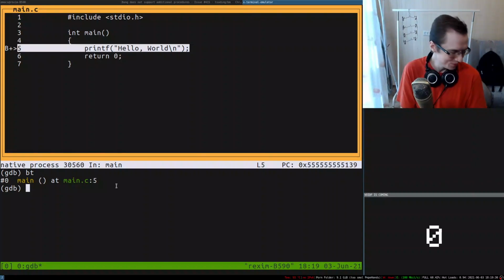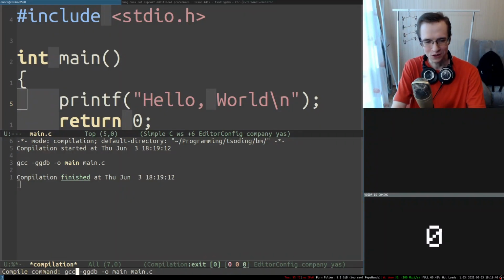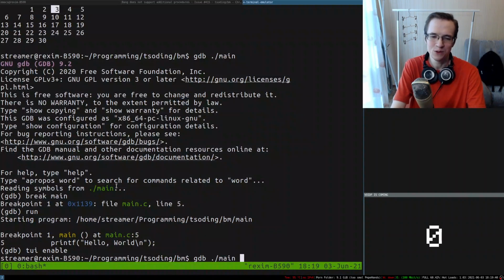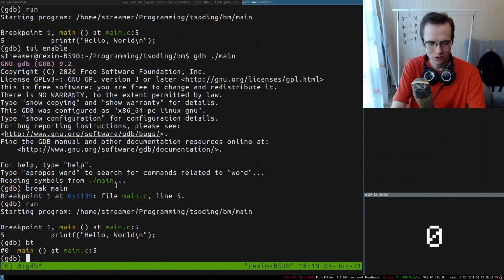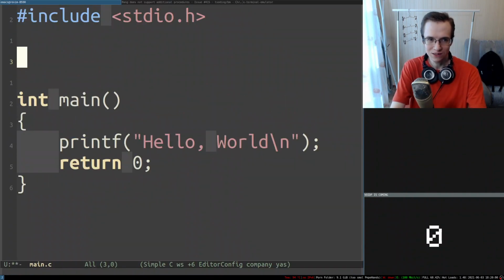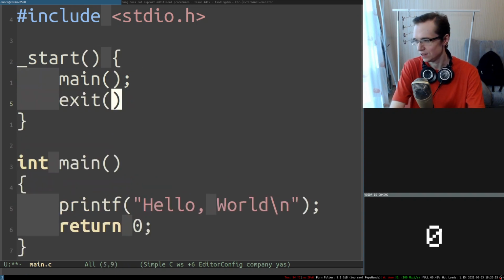What if I disable all of the optimizations? Will it work? Or is that how the debug information is usually generated? If I take a look at bt, apparently it doesn't show that. But the point is, as far as I know, GCC and maybe other compilers first generate a start function, which already calls the main function, and after main has finished executing, it just calls the exit syscall of Linux,